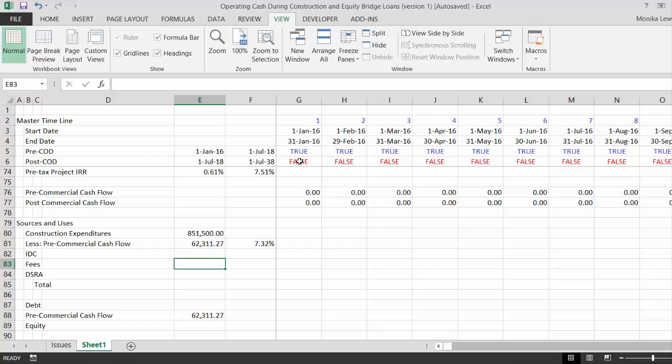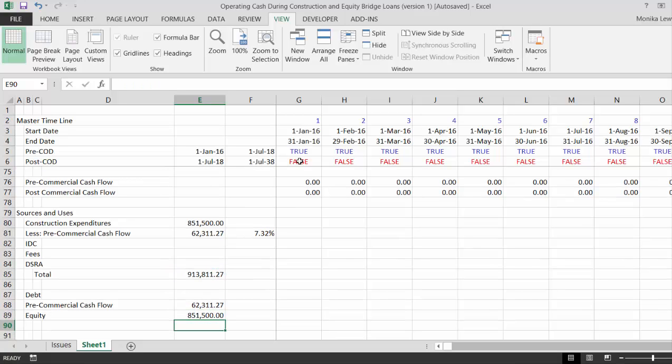Didn't work. Okay. I hope this would work. And our equity is the total minus the debt minus this. So I hope you see that, depending on how we, in this case we had to put in all equity,